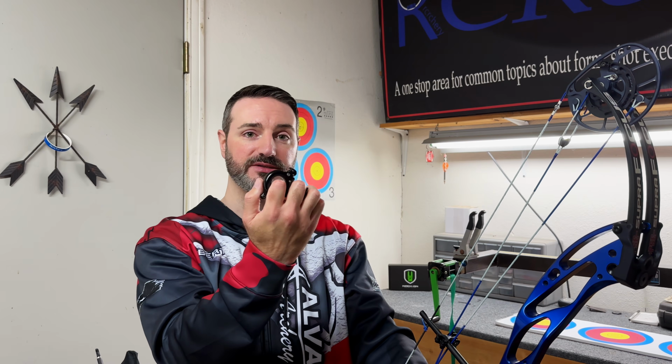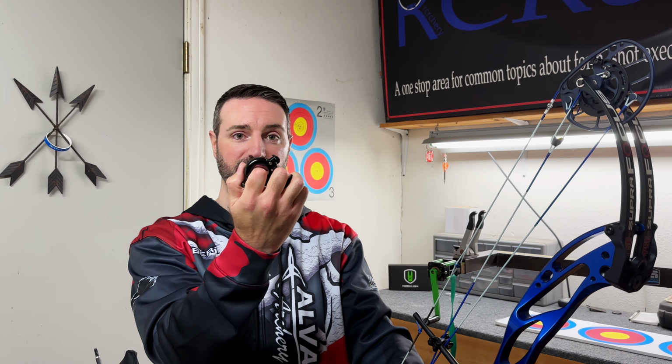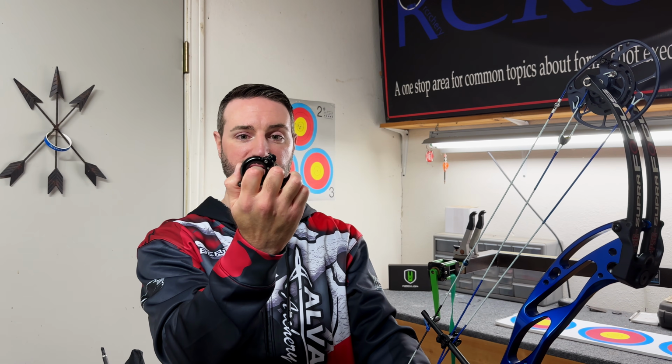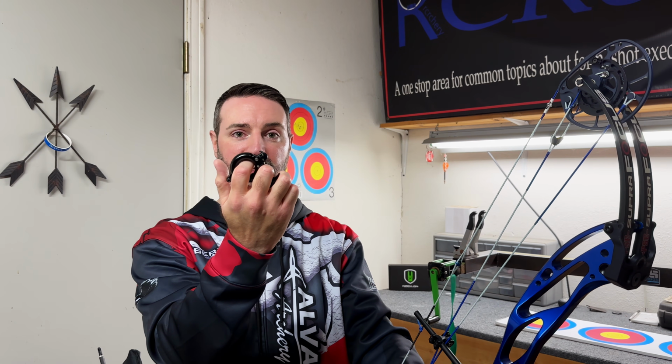The big thing that I will say is whatever method you're doing with any release while you're doing this and relaxing through it is you don't want the outside of your hand to fight it. You don't want to be relaxing on the index and also on these outer fingers so everything just stays where it is and just rides up. You want to keep these outer fingers engaged on this release and just relax on this index so that it